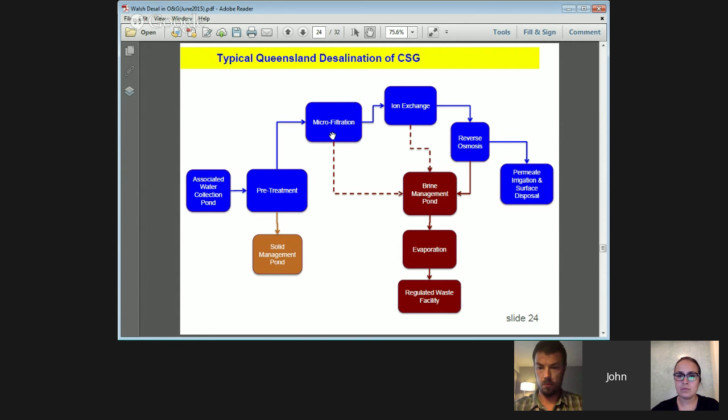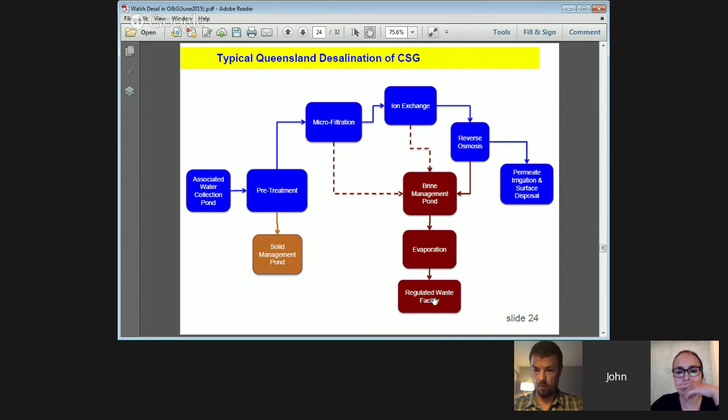Now that produces a large volume of relatively low salinity water, in the range of 7 to maybe 12,000 milligrams per liter. In many cases, the salinity is just too high to discharge into rivers, lakes, and agricultural areas. So the water is desalinated using initially an ion exchange resin followed by reverse osmosis. The permeate can then be used for irrigation and surface disposal into rivers and lakes. It's relatively clean drinking water. And then the concentrated brine that's produced is usually evaporated, and the solid is sent to a regulated